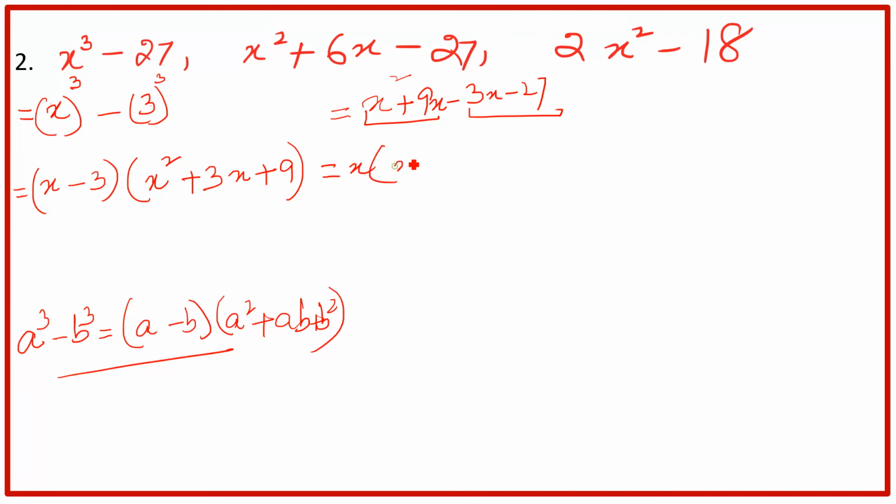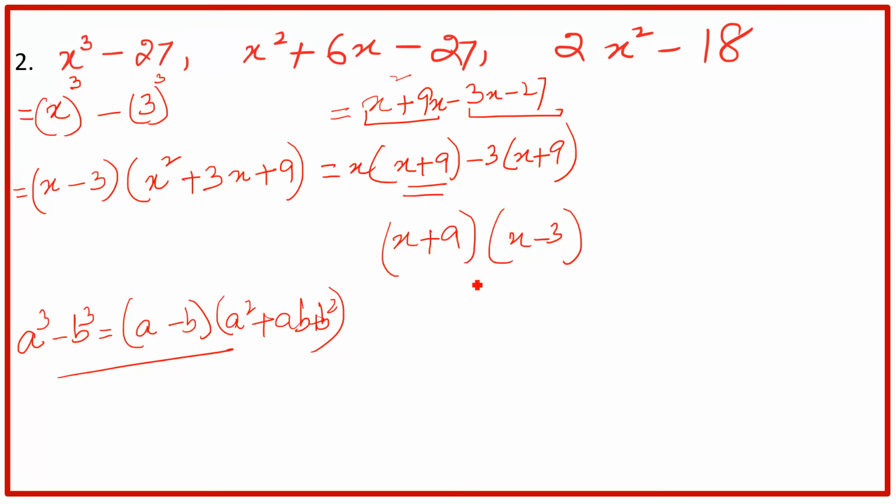X we will take as common, x plus 9, negative 3, x plus 9. Both parentheses should be exactly the same. So x plus 9 multiplied by x minus 3. So for this we have these two factors. Right? So at the end we will consider this, and now move to the third part, which is 2x square